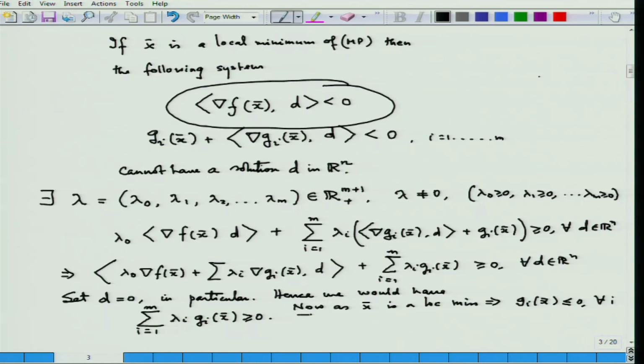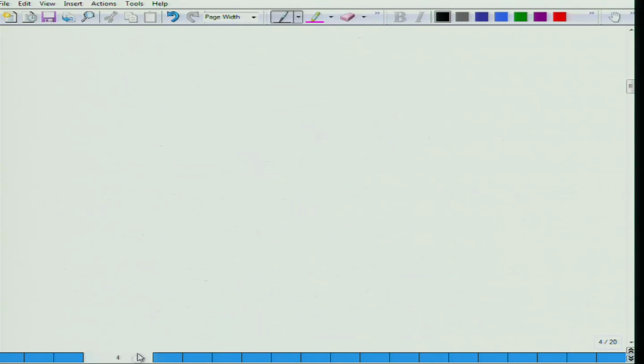So, what I should have is that summation lambda i g i x bar should be less than or equal to 0, but then we have greater than or equal to 0 from here. So, it implies that summation lambda i g i x bar is equal to 0. Now, since each of them, lambda i g i x bar, is a negative quantity, finally, we will get the following implication, that lambda i g i x bar is equal to 0 for all i. So, this implies